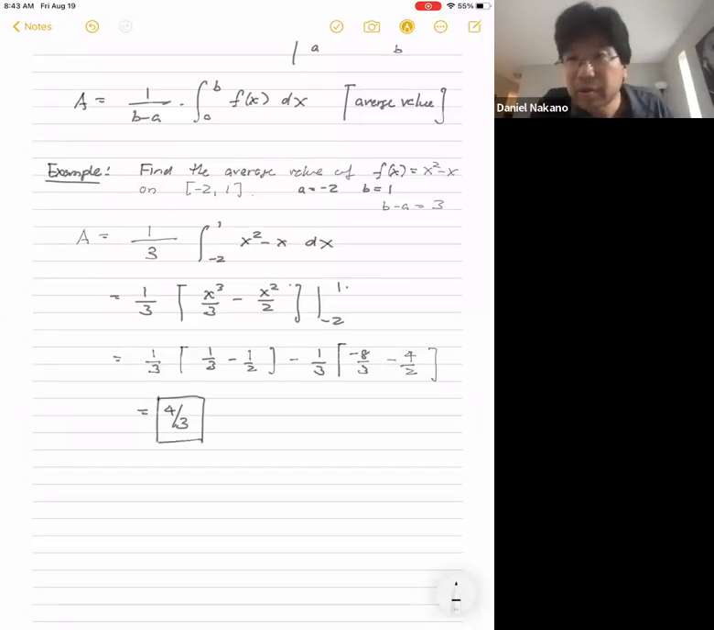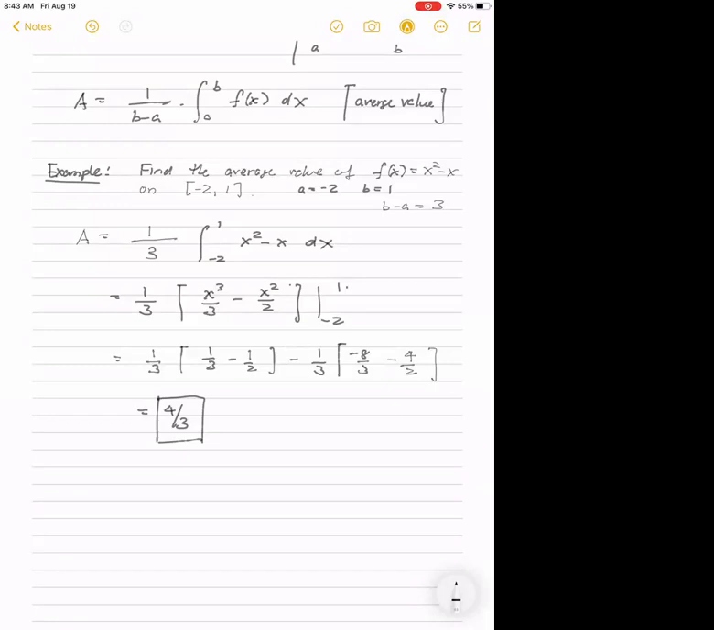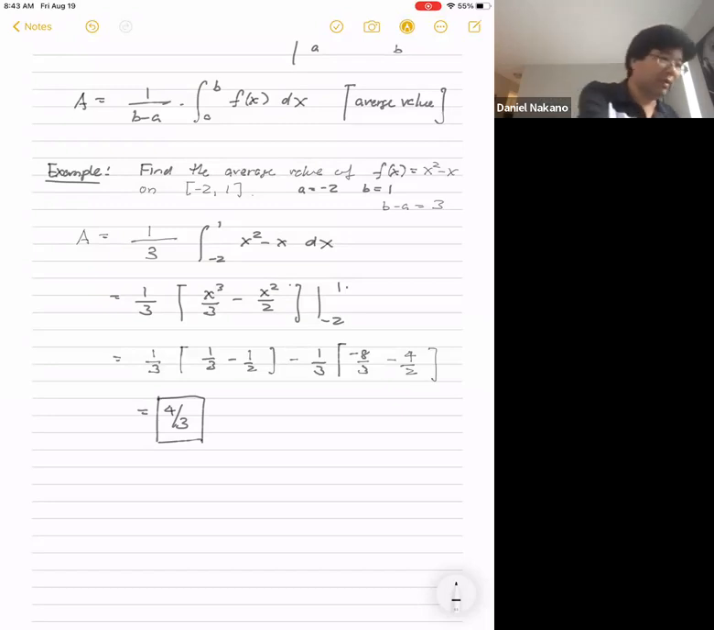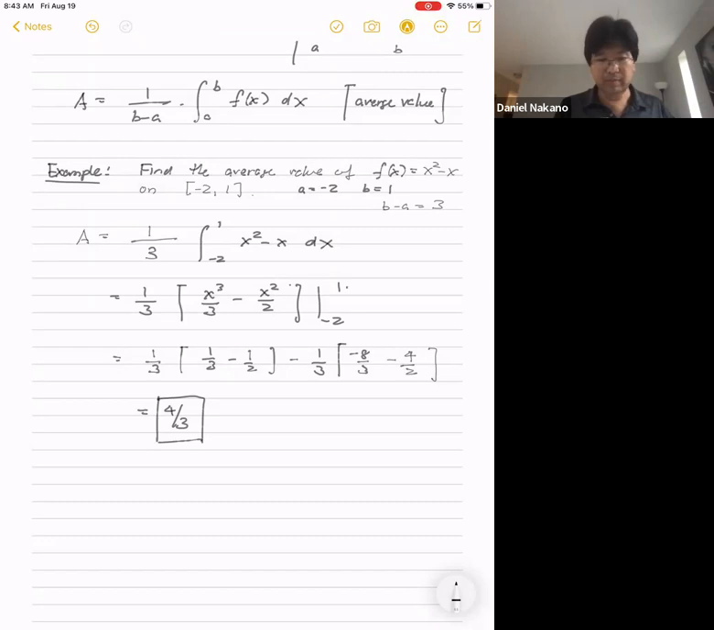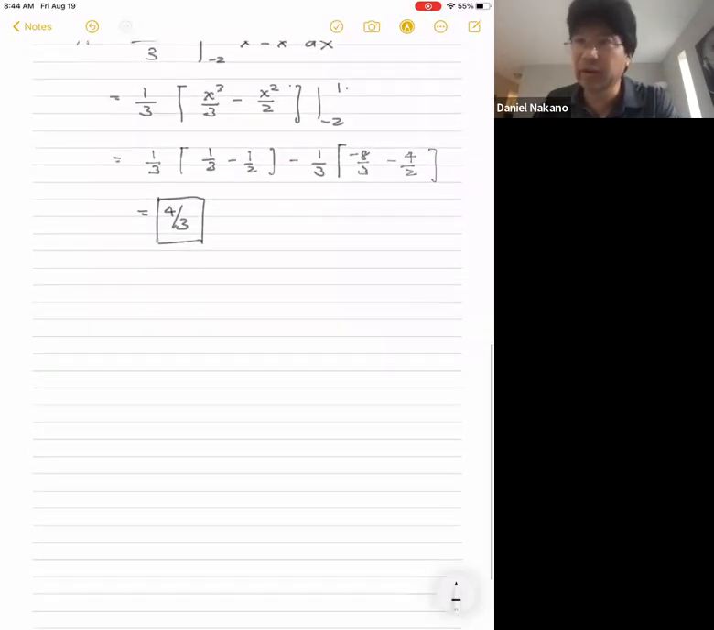Okay, any questions on this? Good. All right, so that's an example of average value. Okay, so I kind of have a list of things to do because this is kind of a review of some of the things you learned in your previous calculus class. All right, so the next thing we want to do before we head into substitution is I want to review